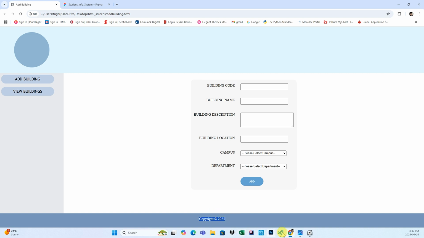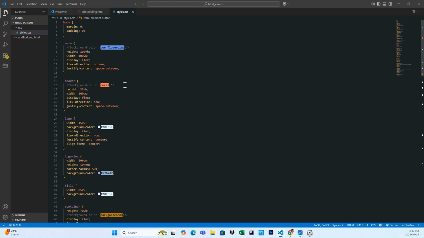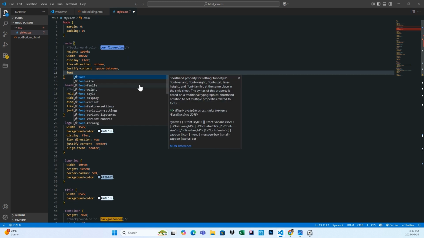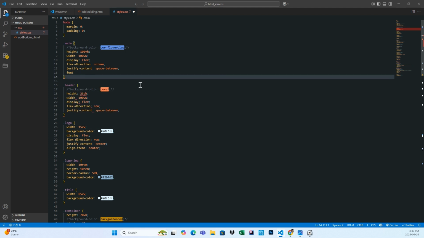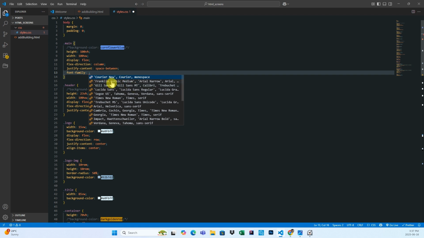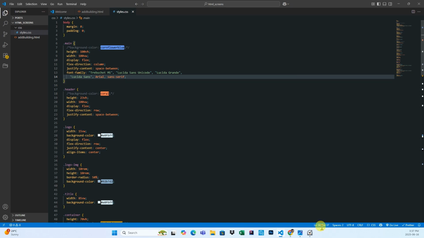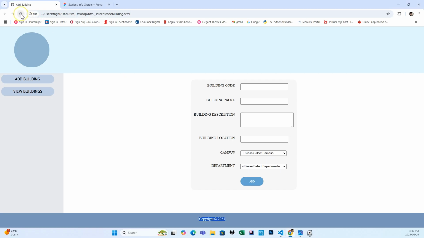Finally, we can change the font for the entire web page. So I can target the main class and add the font family, as for now I will add the font family as this. Okay,